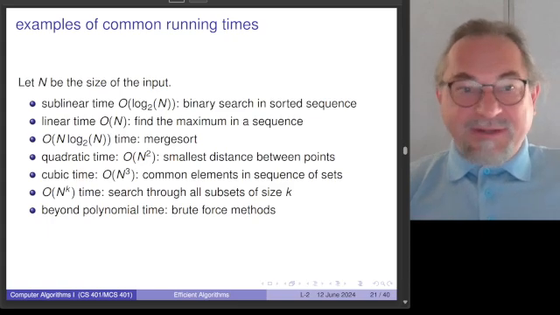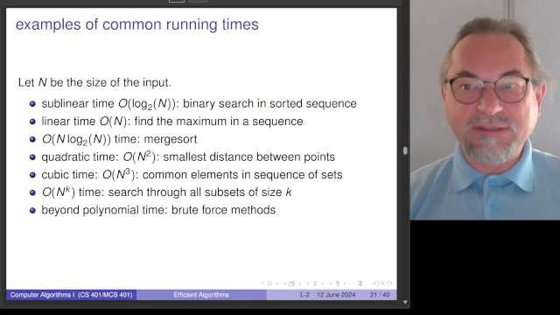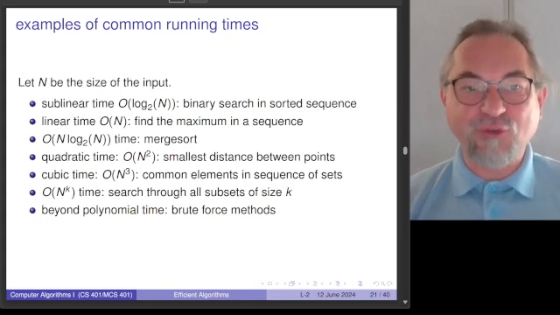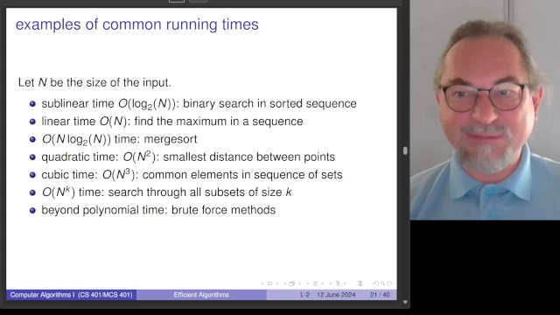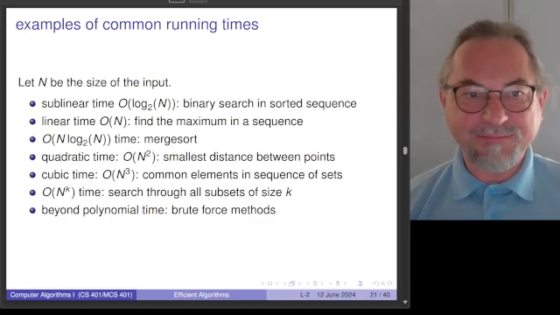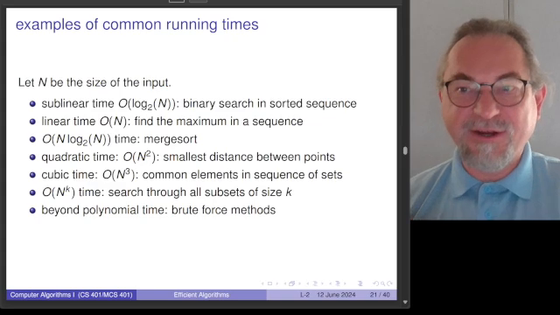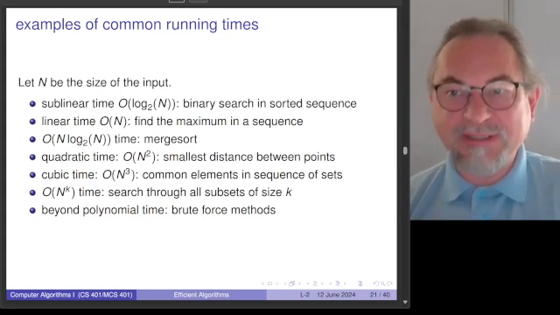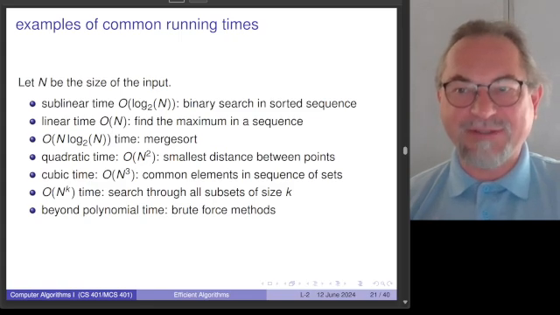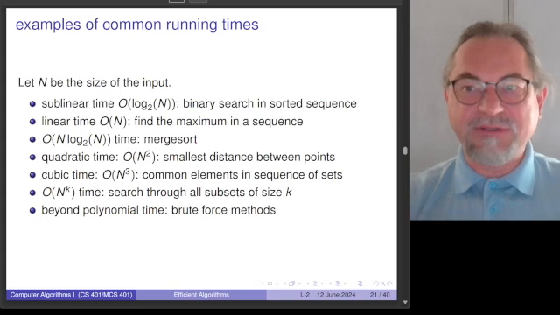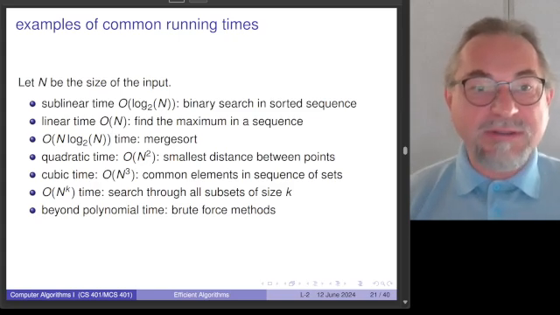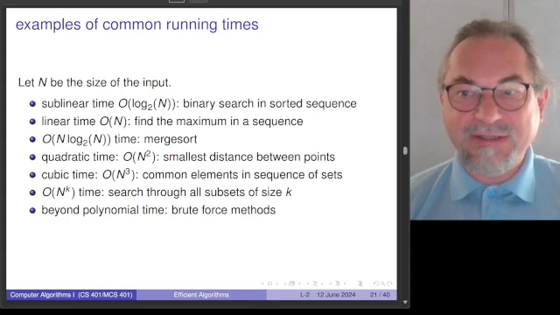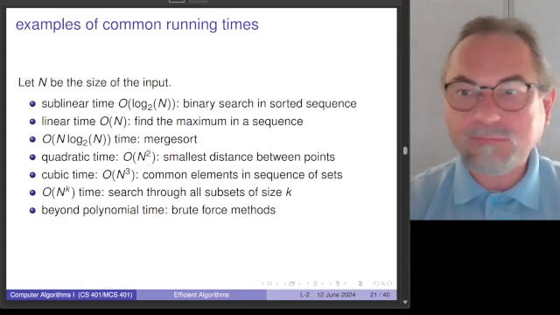Finding the maximum in an unsorted sequence takes linear time. N log n is important because it is the time to sort a sequence. There are also quadratic sorting methods, but you don't really want to apply those methods on very large sequences of, say, a million numbers. For quadratic time, consider computing the smallest distance between points in the plane in a very